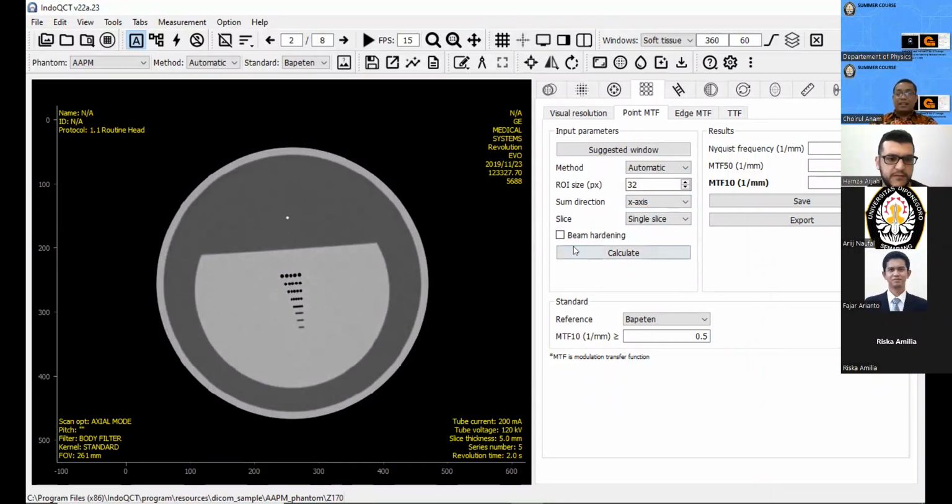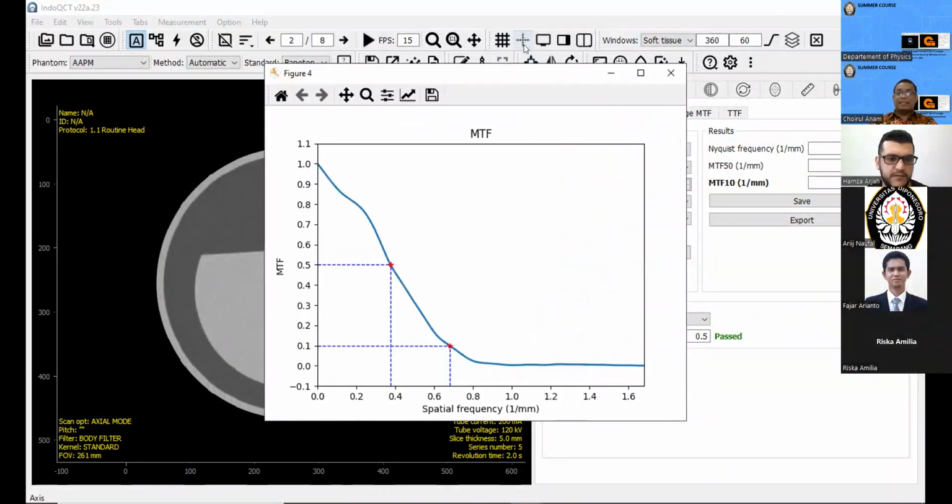I will click the calculate button, and this is the result.